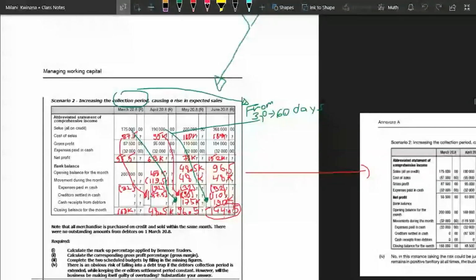We're selling product, but we're only going to be paid 60 days or 2 months later. If we sell in March, we're going to skip April, which is 30 days. We're going to go to May. We will receive our money. Look at cash receipts from debtors. So the cash receipt from debtors of March is,